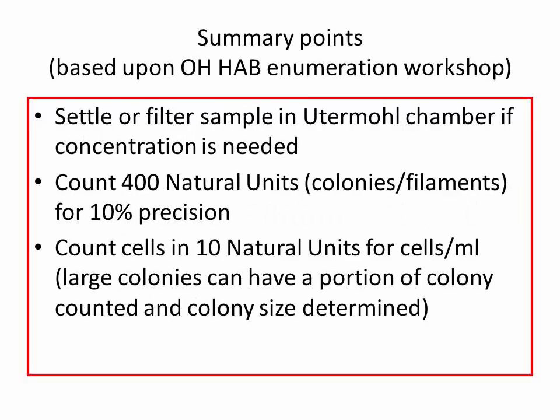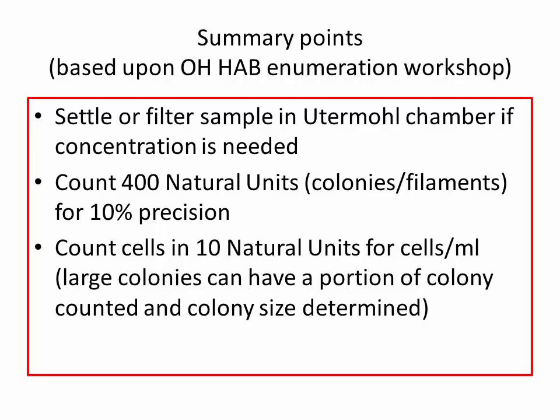So, summarizing that, this is what I came out of the Ohio enumeration workshop that I did a few years ago. We settled that they would adopt settling or filtering samples in the Utermöhl chamber if concentration is needed. How do we know if we needed to concentrate? It's that magic number 10. Counting 400 natural units for 10% precision because they're usually dealing with colonies of Microcystis or Anabaena. Counting cells in 10 natural units for cells per mil,